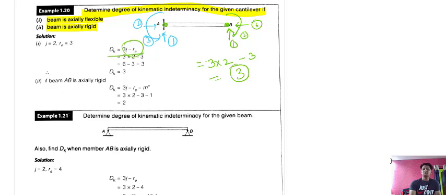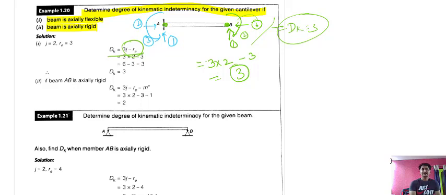And directly you can count: for the value of dk we need the number of unrestrained displacements. So what are the unrestrained displacements? 1, 2 and 3. So these three are unrestrained displacements, so directly the dk value will be 3. You can either count directly for an objective question, or if there is a subjective question in which you are asked to calculate the value of dk, you can easily put the values in the formula, where the number of joints is given and the formula for the frame is there. Now this is the case of axially flexible, when it can move flexibly.